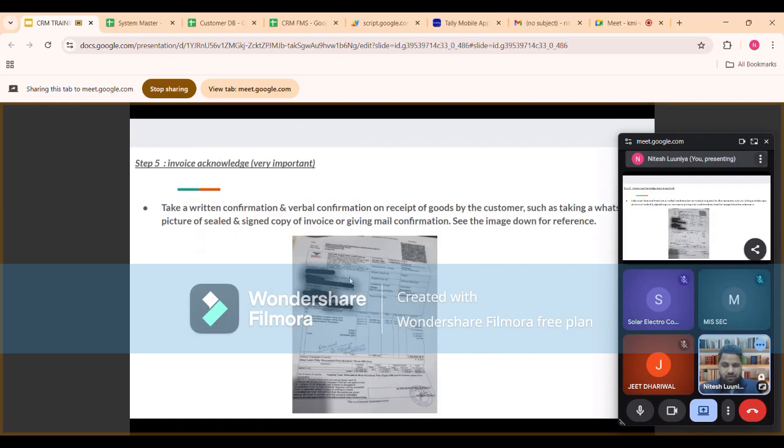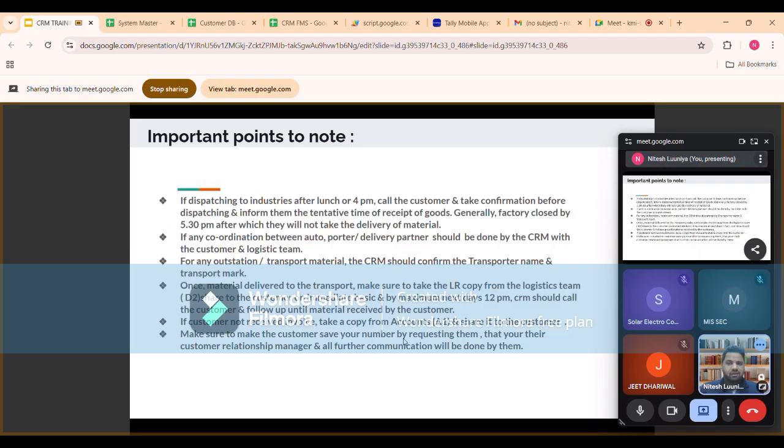So this is the received. You can see this is the sign and this is the phone number. So this is what you need to collect. So these are the important points you need to